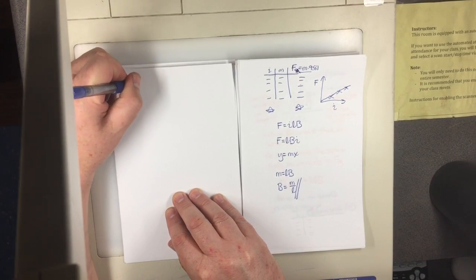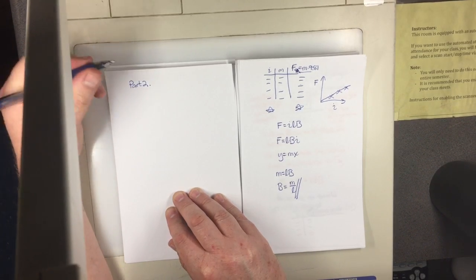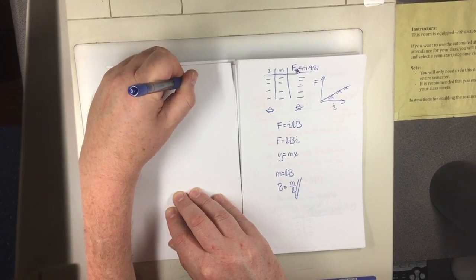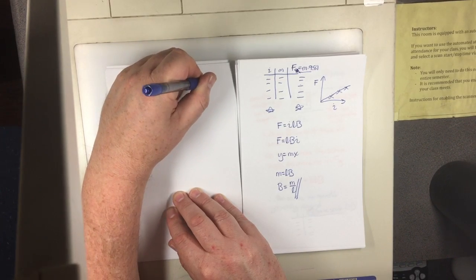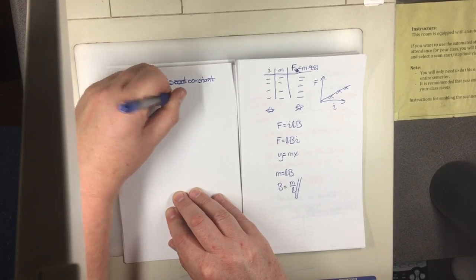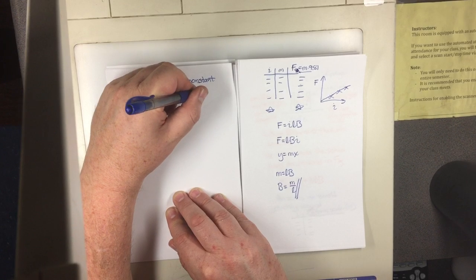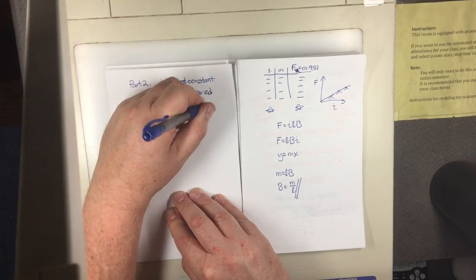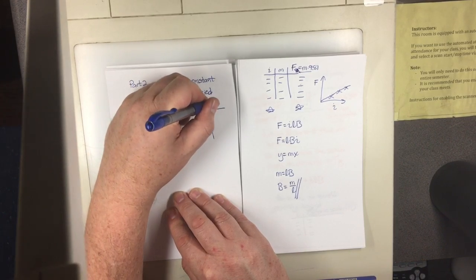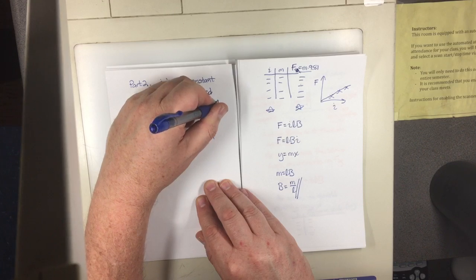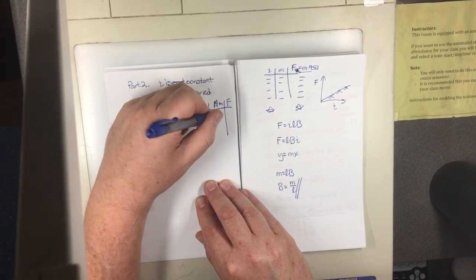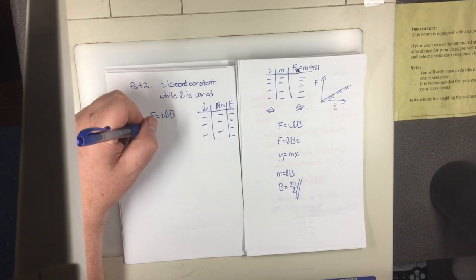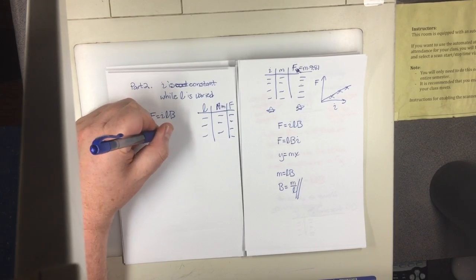In part 2 of the experiment, I is constant while L is varied. So F is equal to ILB. You have L, and once again you do the same thing: you read the mass, you convert it to force, you get all these data points, you fit the line, and what you determine is, rearranging this, F is equal to IBL,